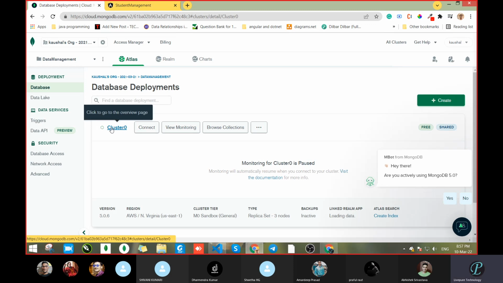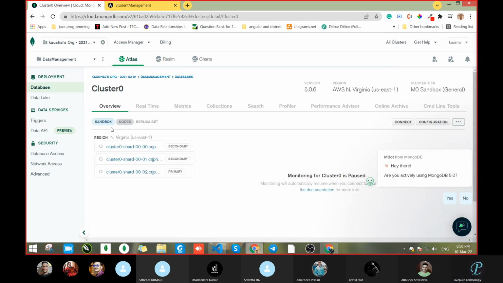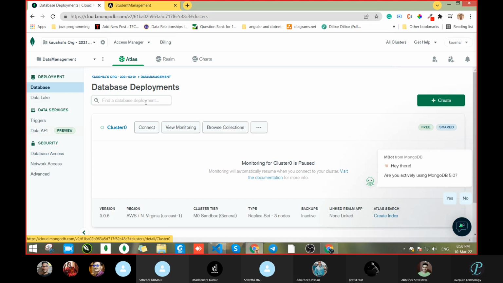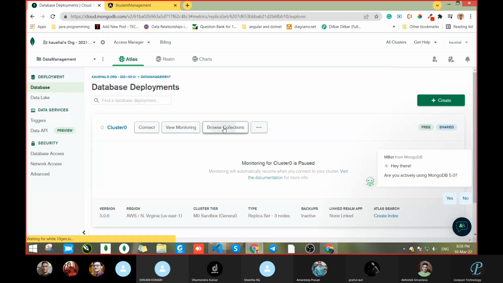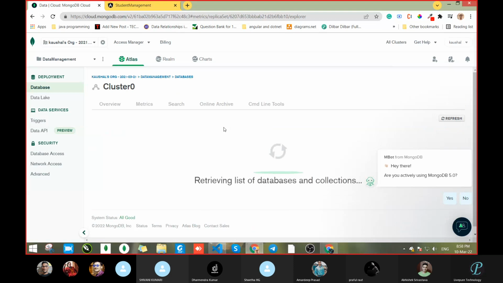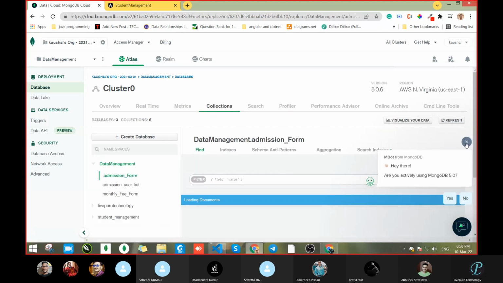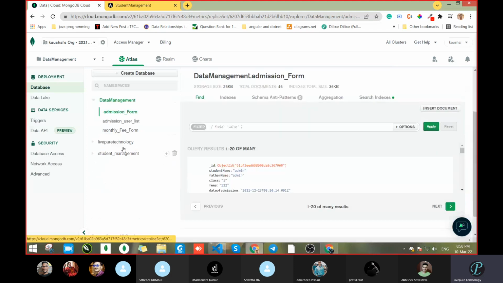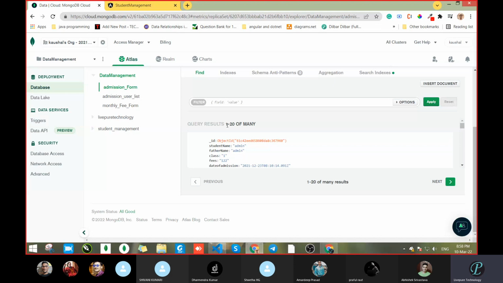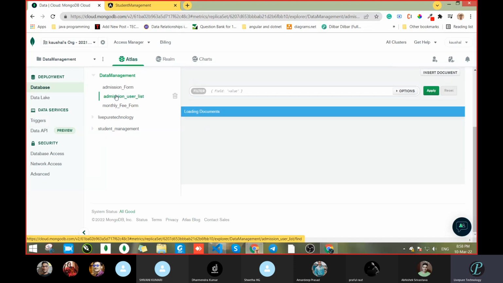Where is my cluster? See, here some data is there, like 1 of 20, only one data.